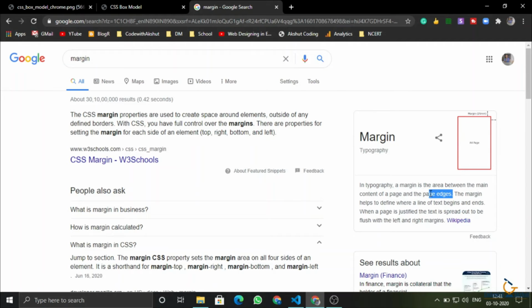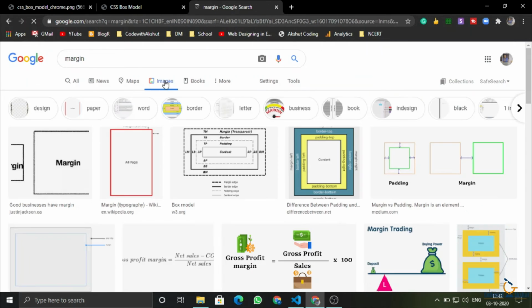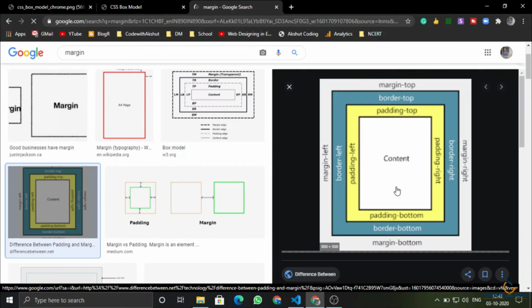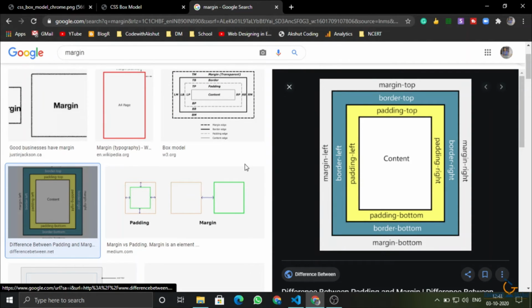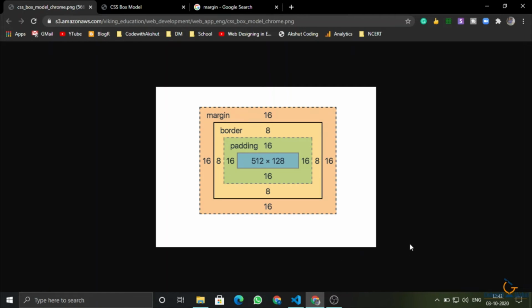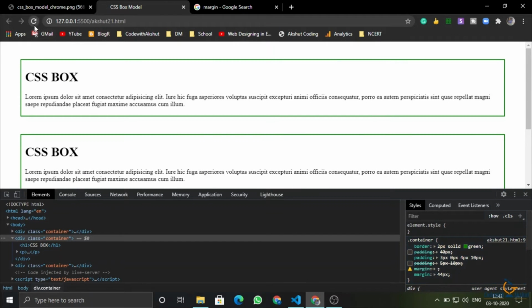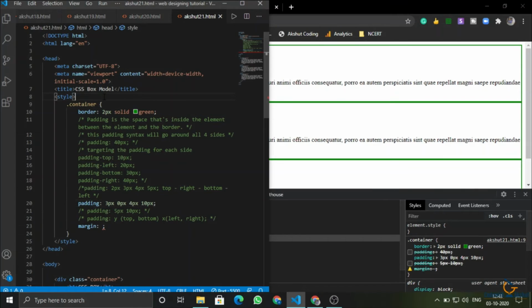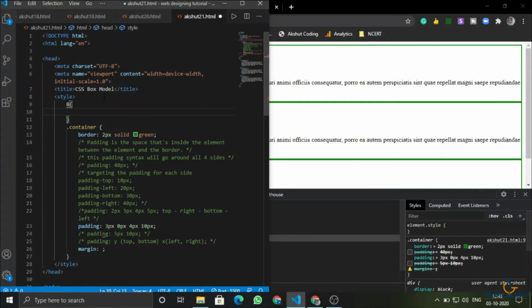Okay, so I will show you some images of it also here. This white one is the main page of the web page. This is our element. So what would happen if we want to add spaces? Let me refresh it. By default there are spaces added.